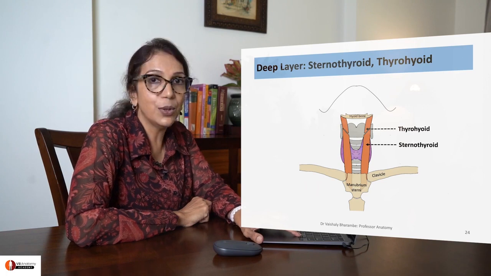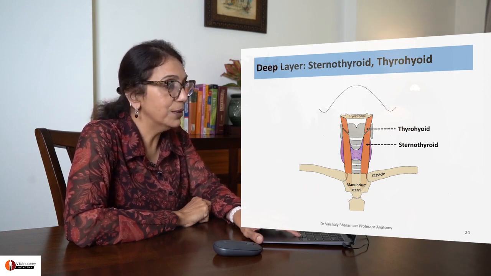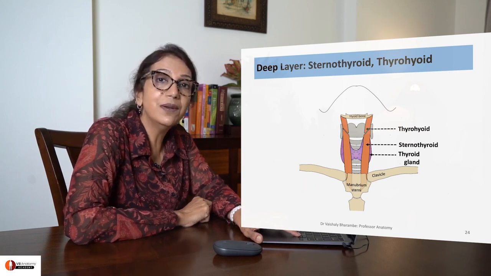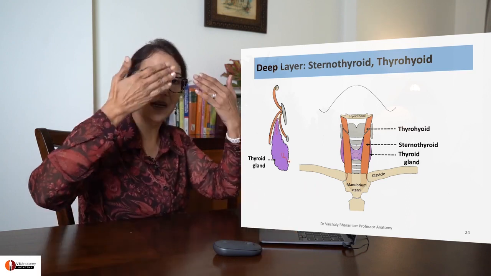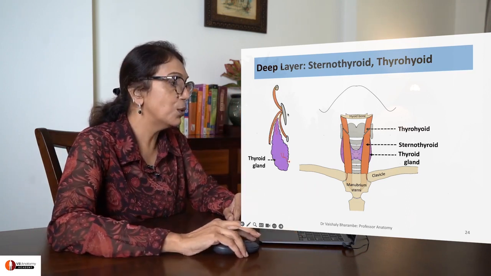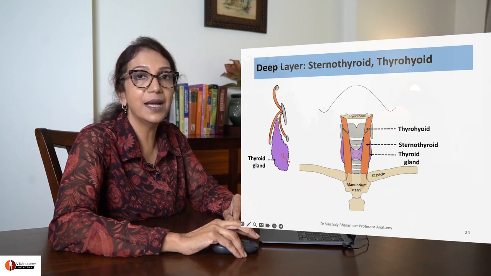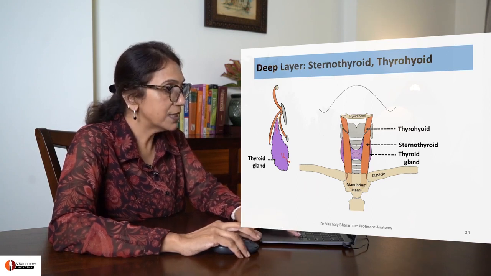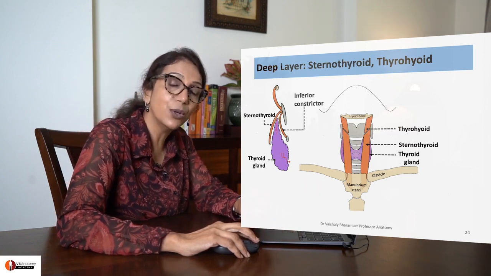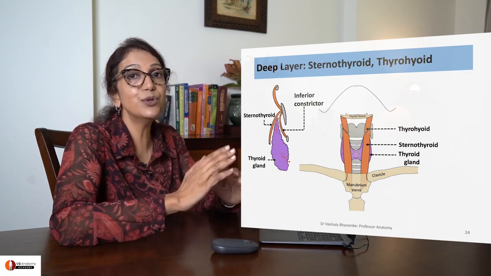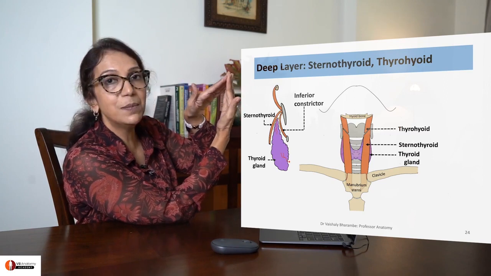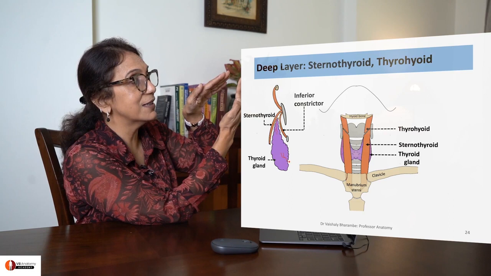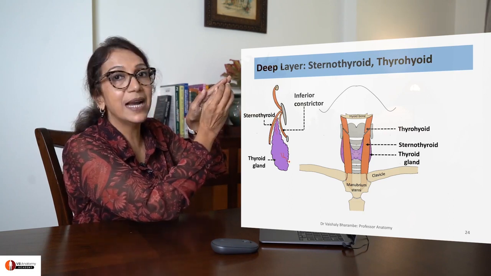Posterior to the sternothyroid is the thyroid gland. Take a look, right? Now this is an important relation, students. Come on, let's understand why. Now this is a coronal section that you're seeing, and that's the thyroid cartilage. That point is the oblique line of thyroid cartilage. Attached to it anteriorly is the sternothyroid. Posteriorly is a muscle called inferior constrictor. Please use your hands. Create something like this. Okay. Can you see that in the V-shaped gap between the inferior constrictor and the sternothyroid, the thyroid gland is